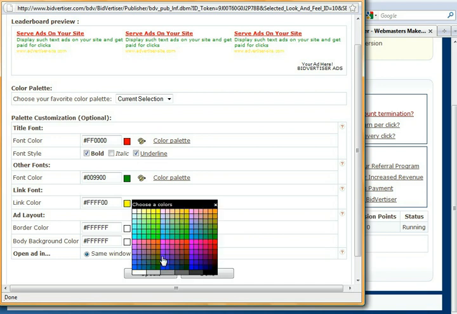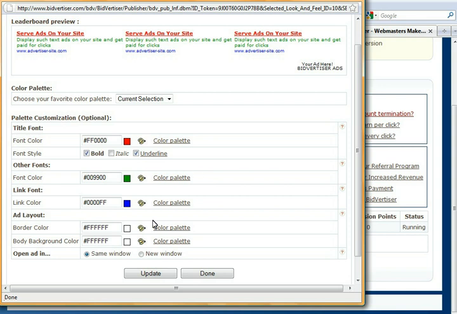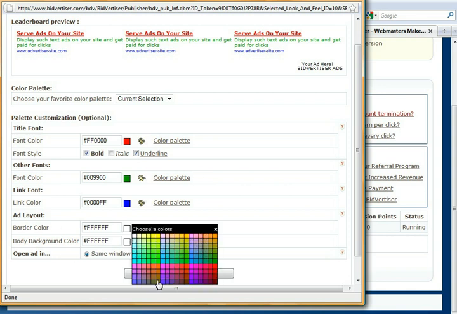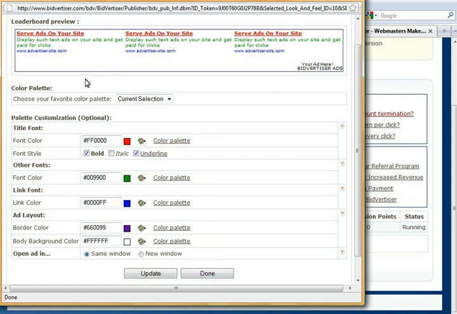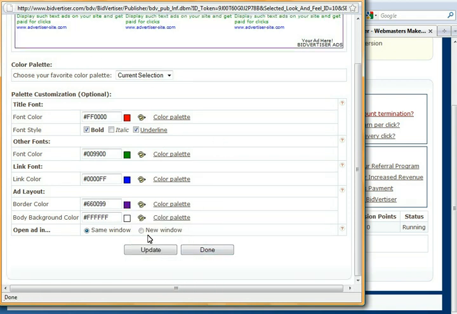So this is the border color. Just like this.